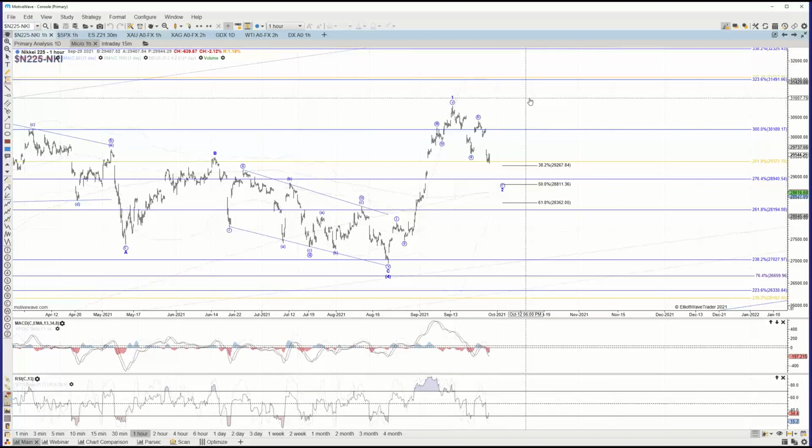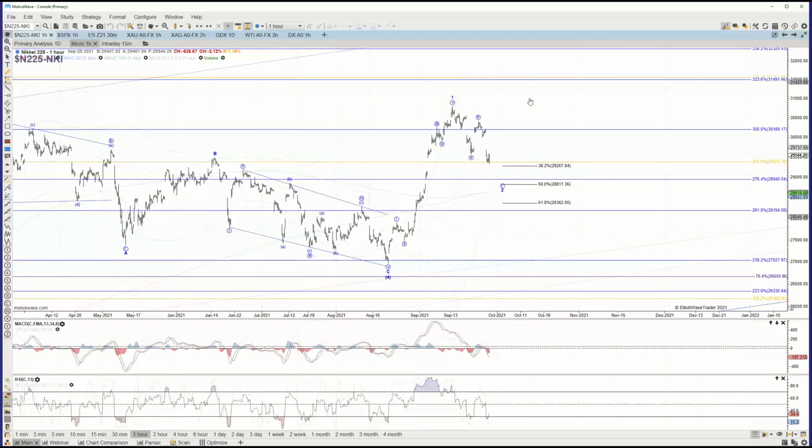So the Nikkei traded lower yesterday, undercutting the low that was made last week, so confirming that that bounce from the high at the beginning of the week was a B wave, and now filling out wave C of what now looks like and what should be a wave 2 pullback, following the wave 1 complete off of the August low. So pretty close to testing the upper end of standard retracement support, 382 at